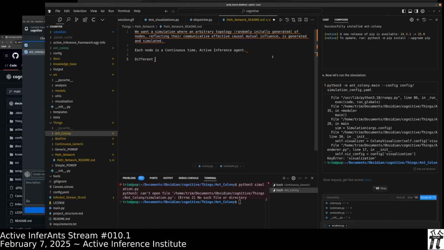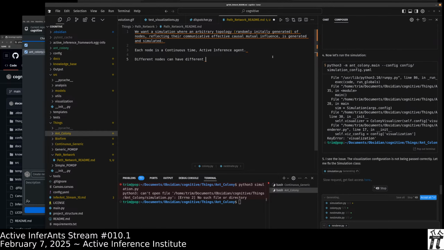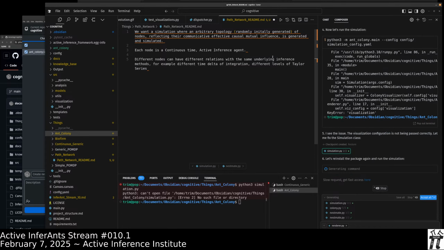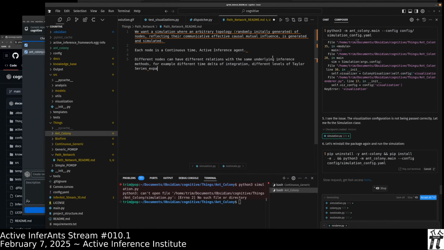Different nodes can have different relations with the same underlying inference methods. For example, different time deltas of integration, different levels of Taylor series expansion